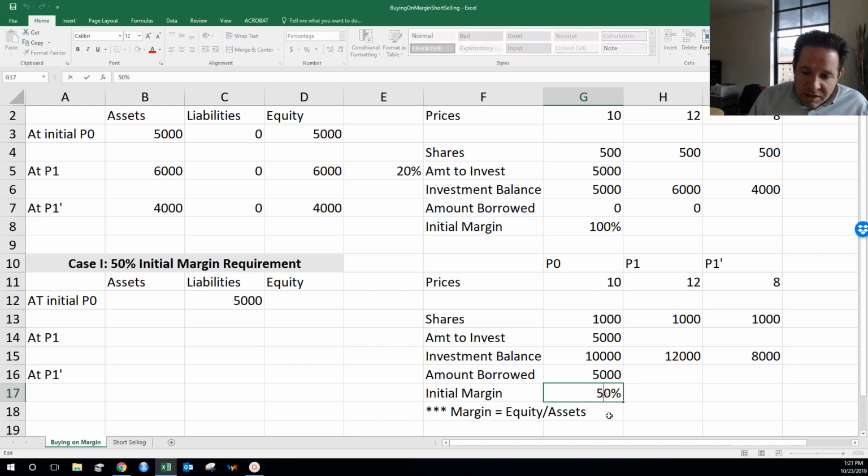If we were to change this initial margin requirement to say that you only need to provide 20%, notice that would allow you to borrow more. If you were to tighten it so that you had to have 80% initial margin, you can see that you could borrow less. 50% initial margin actually is pretty close to in line with what you can do with a